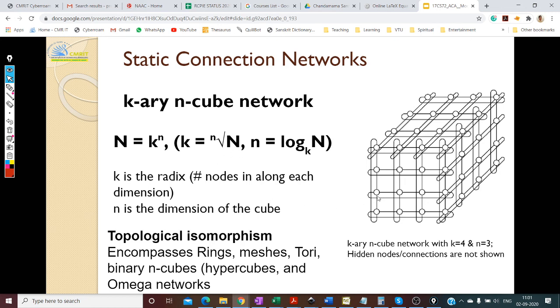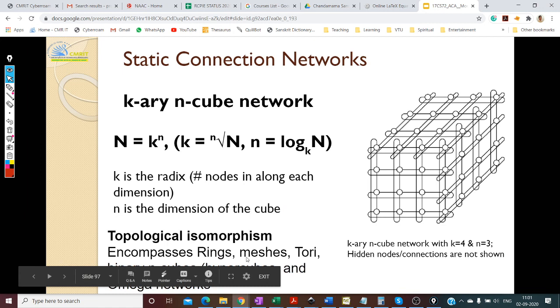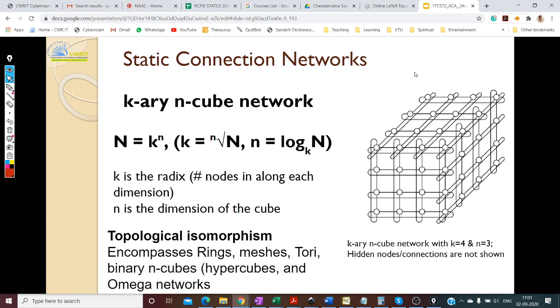Now this is a superset of whatever topologies we have seen so far. You can selectively choose the network properties to make either a ring, a mesh, a torus, a hypercube, anything you can make. You can make any topology using this particular network.